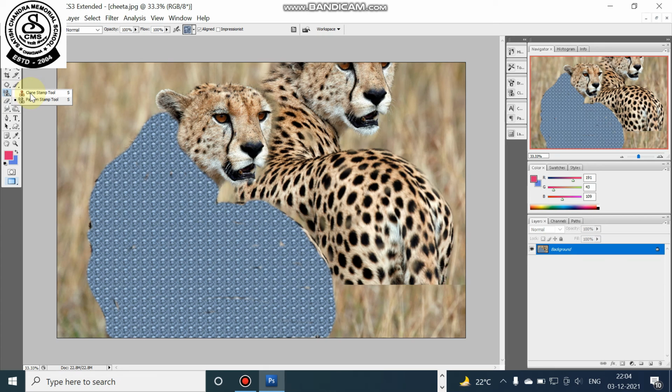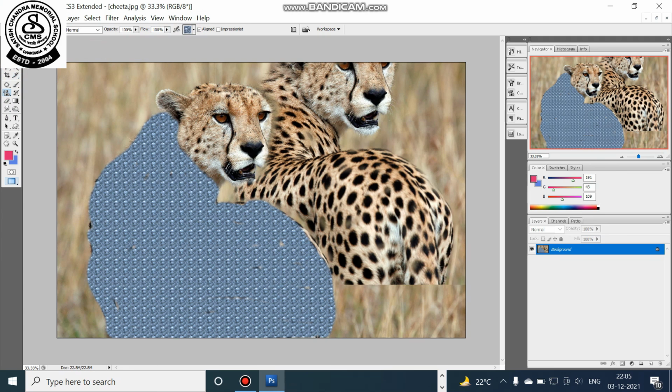If you click on the clone stamp tool, you can make a duplicate copy of one part of the image on the same image. You can click on the pattern stamp tool to create a clone of a pattern like we have created here. So this is all about the two stamp tools, the clone stamp tool and the pattern stamp tool, and making a clone of either a part of the picture or a pattern.